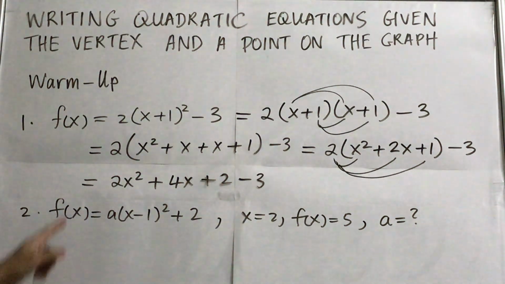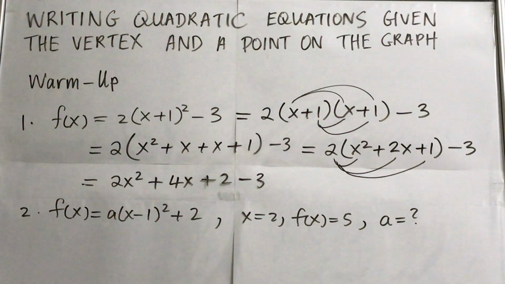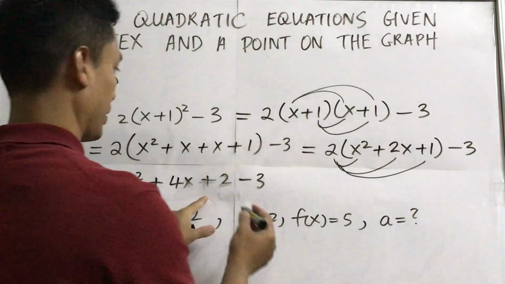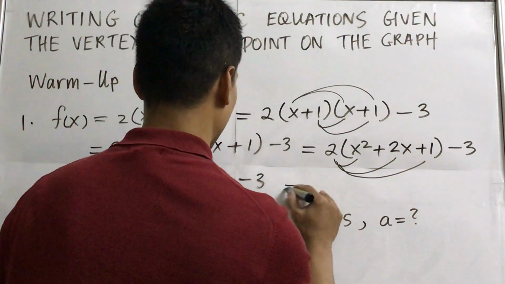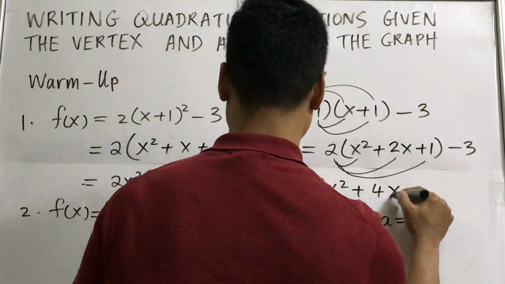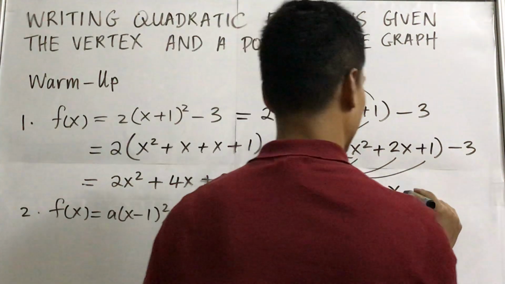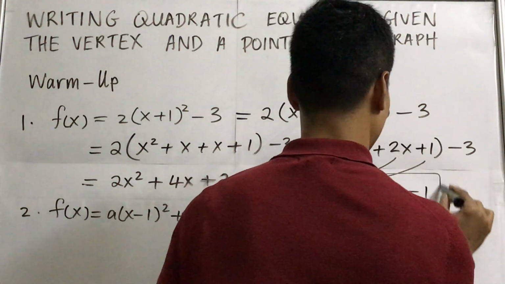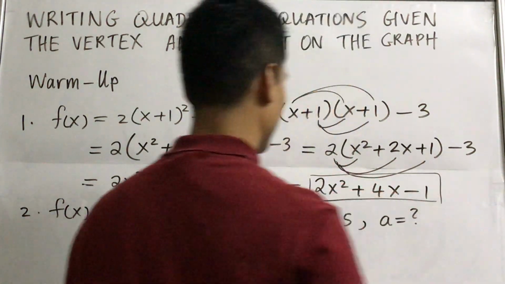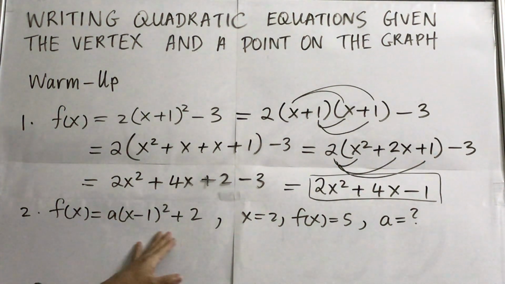So one more step to go. It looks like we have to collect more like terms. Now the like terms are the 2 and the 3. Finally, we have 2x squared plus 4x. 2 minus 3 is -1. Okay, this is how we simplify it or expand it. Now the next warm-up, we are given